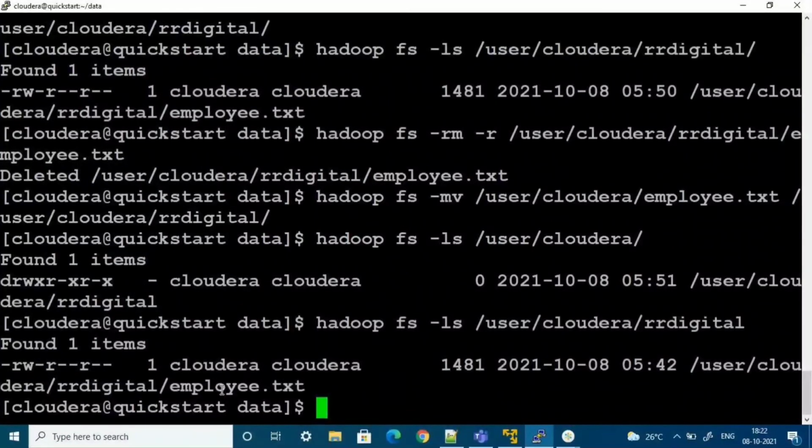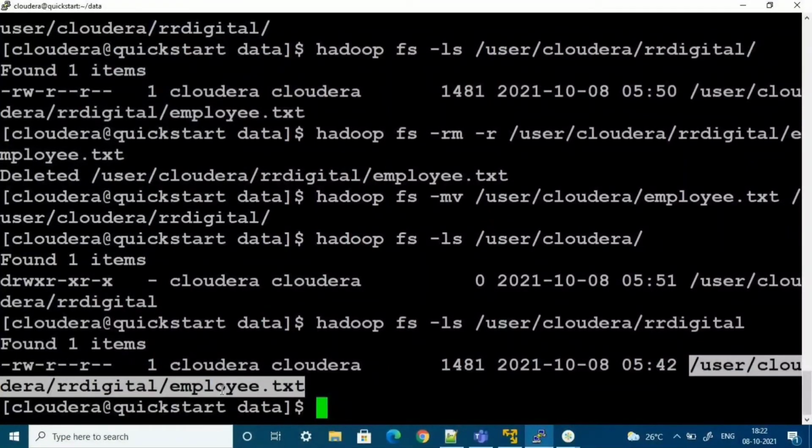That means under user cloudera it is removed, and under user cloudera RR digital directory it is copied. That means cut and paste happens. So whenever we use the mv command, the move command, it will do cut and paste. Okay,